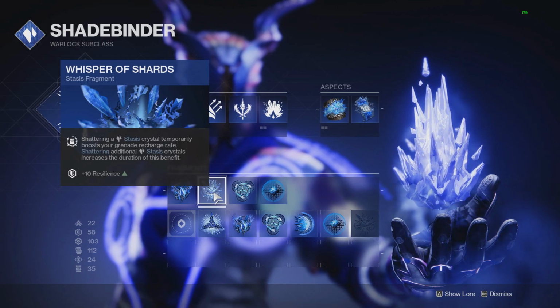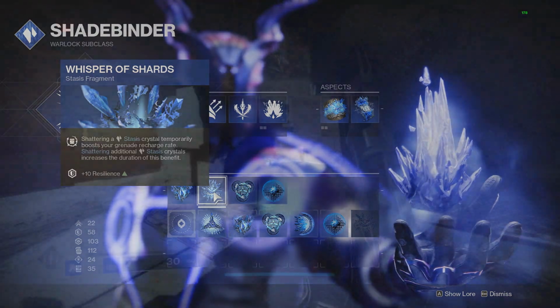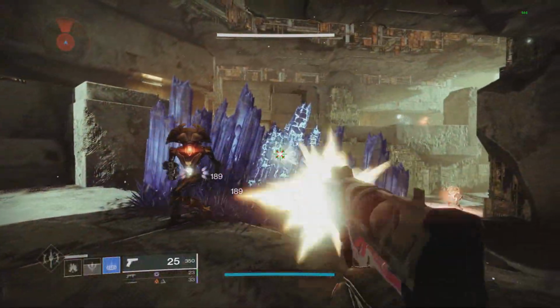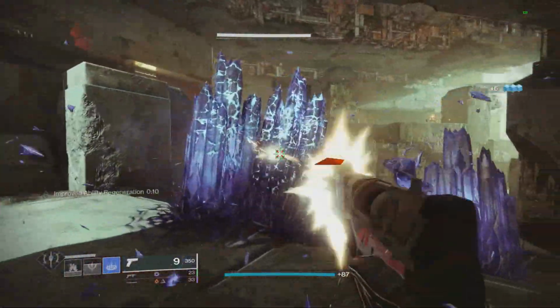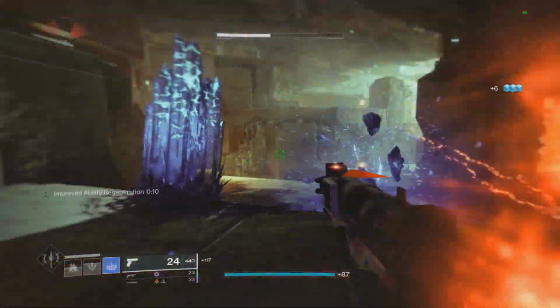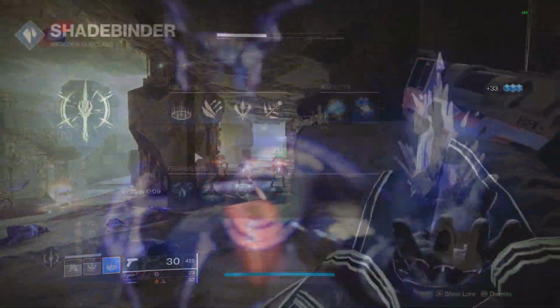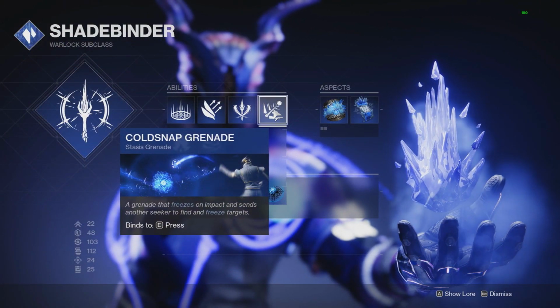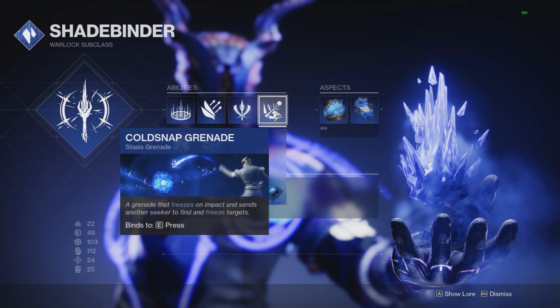Then you can also pair that with Whisper of Shards, which is whenever you shatter a Stasis crystal, you will get the regeneration buff for your grenade for 10 seconds. So you can throw down a grenade, every single enemy you kill with the shatter will give you a chunk. Then you'll also get the improved ability regeneration for 10 seconds, and before you know it, you will have your Glacier Grenade back. So with this hidden fragment perk, you pretty much have infinite grenades of your choice on Stasis,